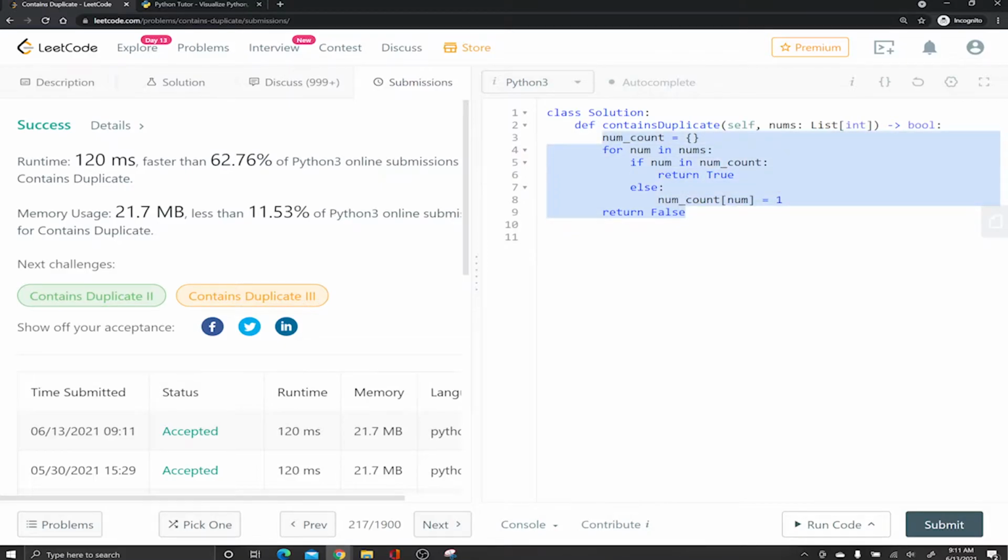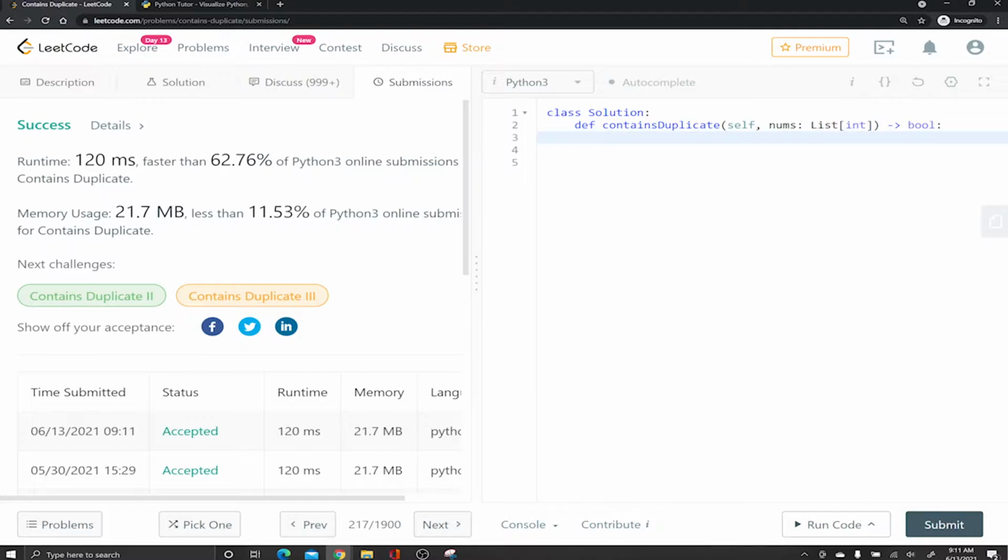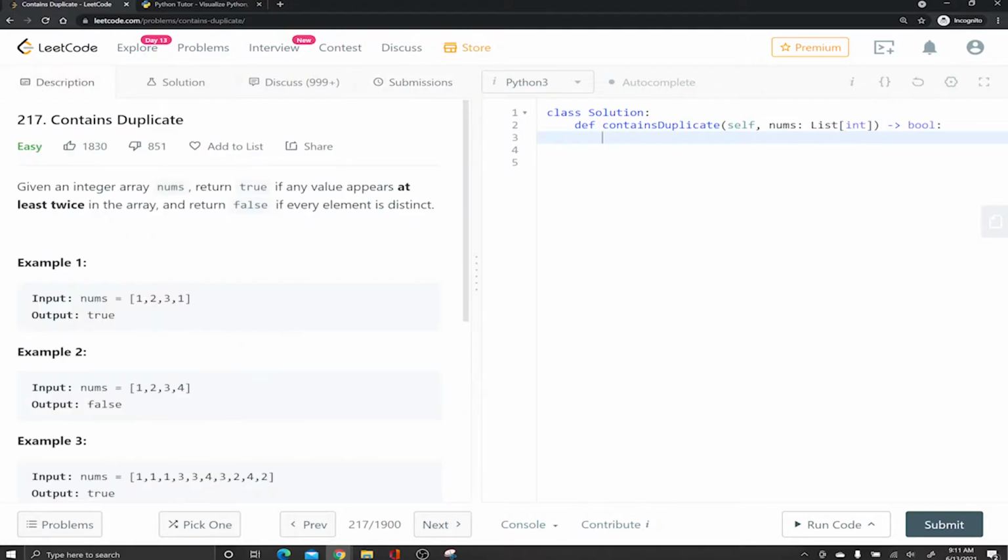Python has a package called collections, and collections provides us a method called Counter. What Counter does is it creates a dictionary for us, so you'll see what I mean in a second. LeetCode already provides that package, so all we have to do is call Counter. I'm just going to create a variable and say c equals Counter